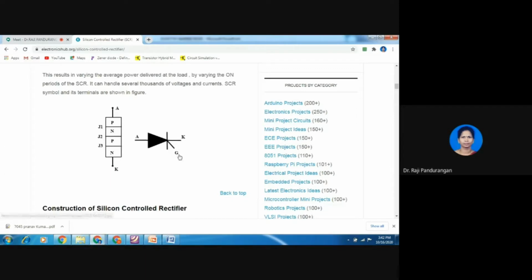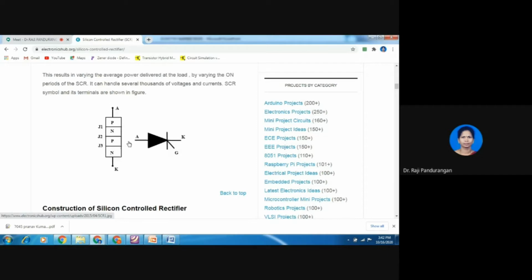And what about the other terminal? Actually, diode in the sense we think it is 2 terminal, but we have 3 terminals here. The third terminal is called the gate, and it is present here. Can you follow where I'm showing? Here in this P area, we have one more terminal extended out, and that is taken as gate.